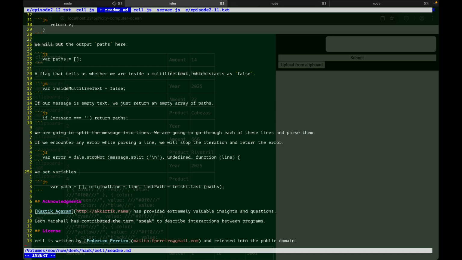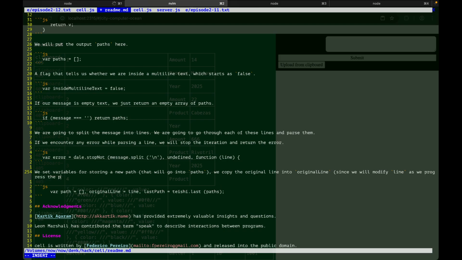We set variables for storing a new path that will go into paths. We copy the original line into original line, since we will modify line as we progress the parsing, and we will keep track of the last path already in paths. We want to keep track, make a reference to